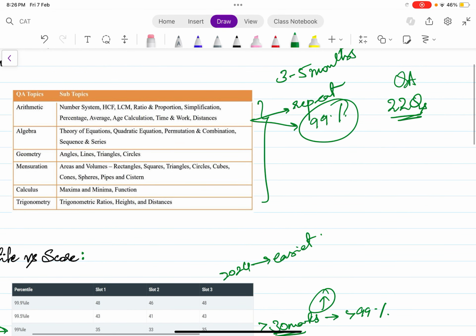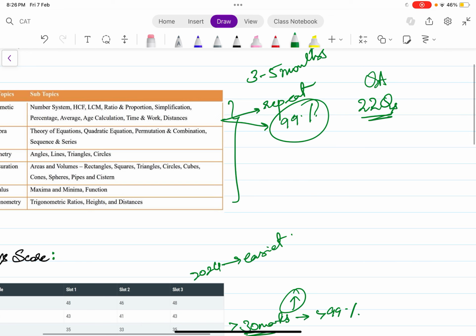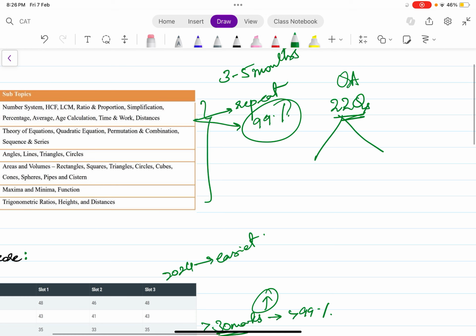Now the simplest strategy that we at 99 percentile try to persuade students to pursue is this. These 22 questions have to be solved in a time span of 40 minutes. Now we divide this 40 minutes into 20, where in the first 20 minutes you go through the entire paper,